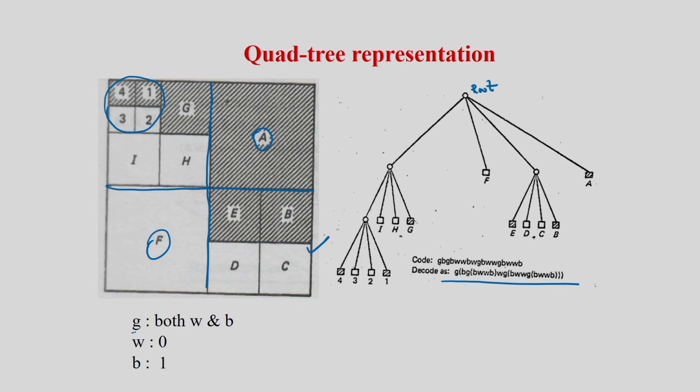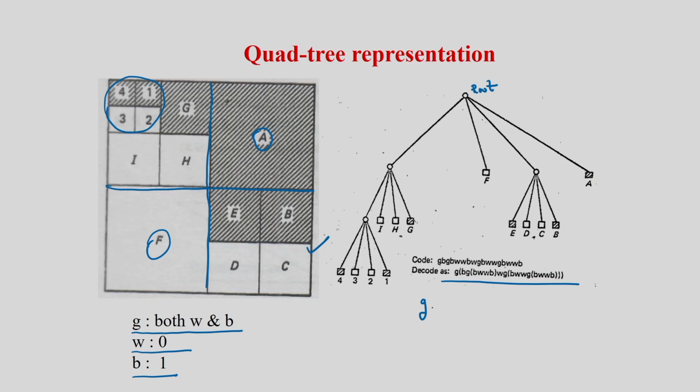If I consider Z means the gray, that means I am considering white and the black. If I consider white means 0, and if I consider black, the black is 1. So the original image is the gray image because it contains white and the black. So that is why the original image I am writing, it is gray, Z. After this I am splitting the original image, so I am getting the regions.